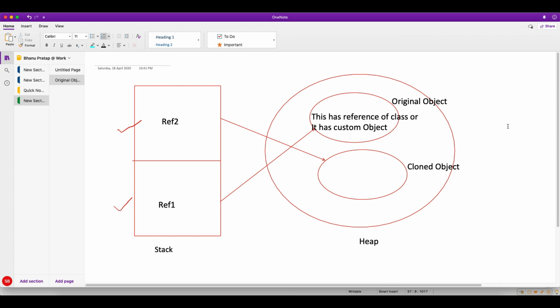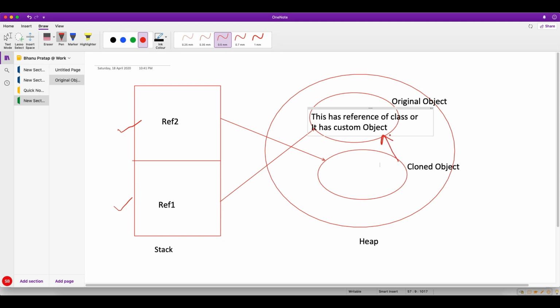Now when we make a cloned copy of this original object, even your cloned copy will point to the same object, because when we did the cloning, only the reference got copied. It did not copy the value of the object.